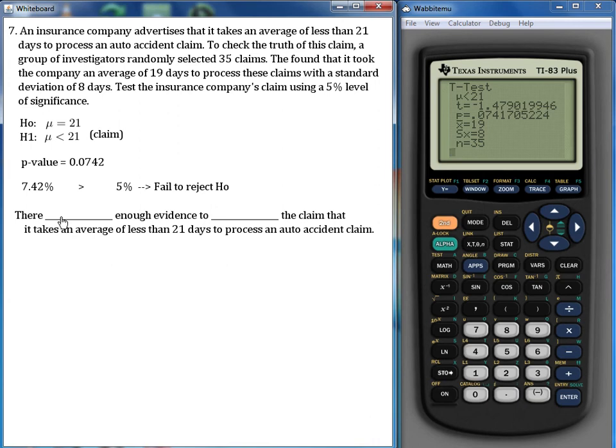So there, in this case, is not. And the reason I'm going to put is not is because I have my decision at fail to reject the null hypothesis. If the decision was to reject the null hypothesis, I would put is. And then over here, I'm going to put in that I'm trying to support the claim. The reason I know I'm trying to support it is because my original claim was in the alternative hypothesis. If my original claim was in the null, I'd be trying to reject it. So there is not enough evidence to support the claim that it takes an average of less than 21 days to process an auto